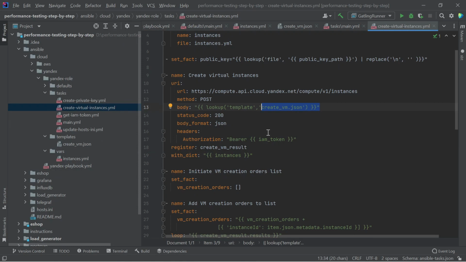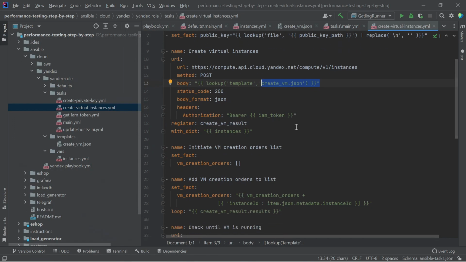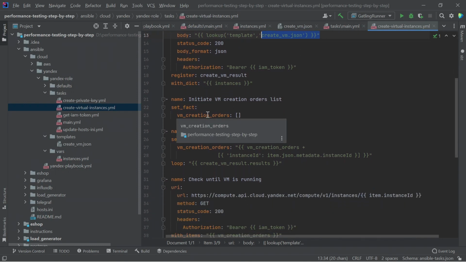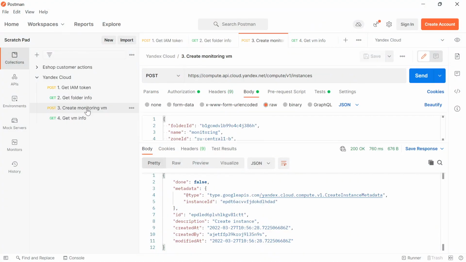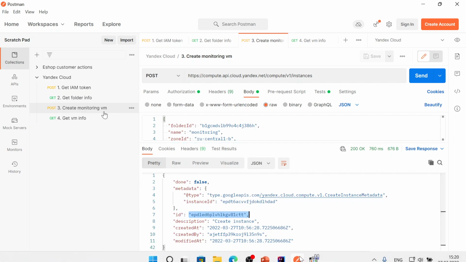Then an HTTP request will be sent for each instance. After the requests are sent, a special variable is created in which the operation IDs will be stored. For example, here is the ID that we received when creating a machine with the monitoring role.